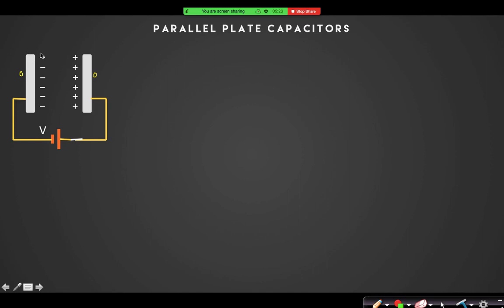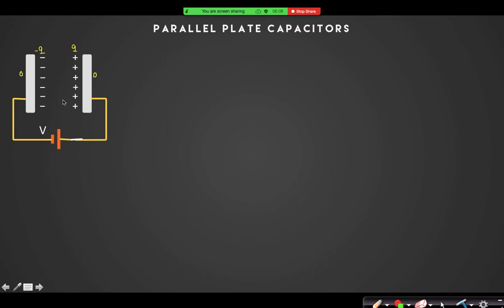Understood? Now what amount of charge will be there? Suppose this charge is minus q and this charge is plus q, right? As I have said, the capacitance of the system does not depend on the charge or the potential. It only depends on the geometrical configuration of the system. Right now we will assume the dielectric constant to be 1, or air in between the plates, in any capacitor arrangement. Later on, we will remove that limitation and assume there is a dielectric. What will happen if I insert some dielectric in between the plates? That will be discussed in a later part.